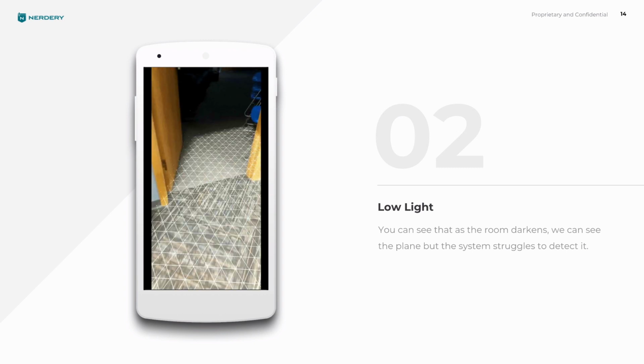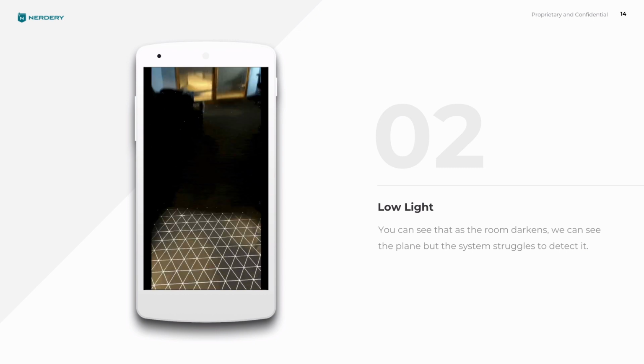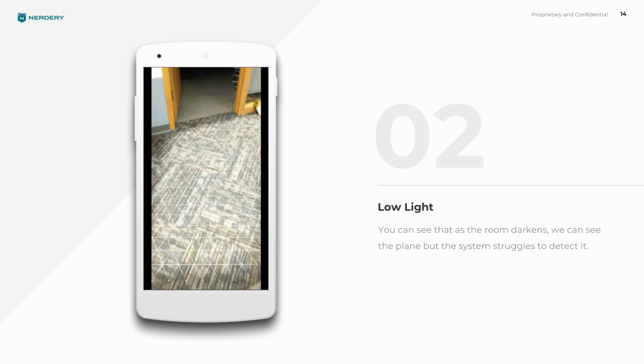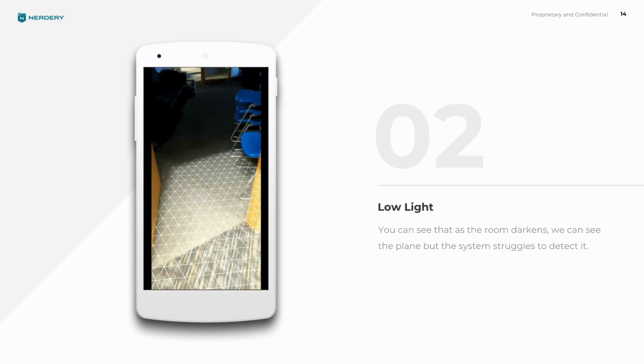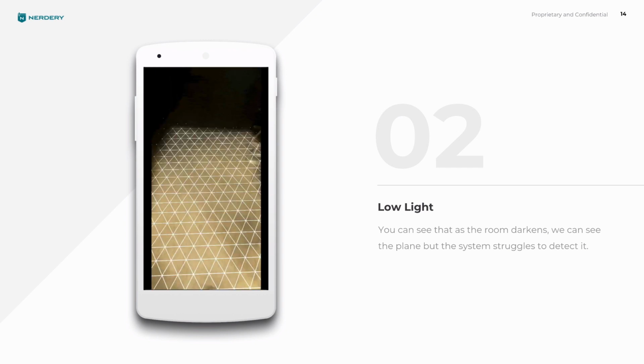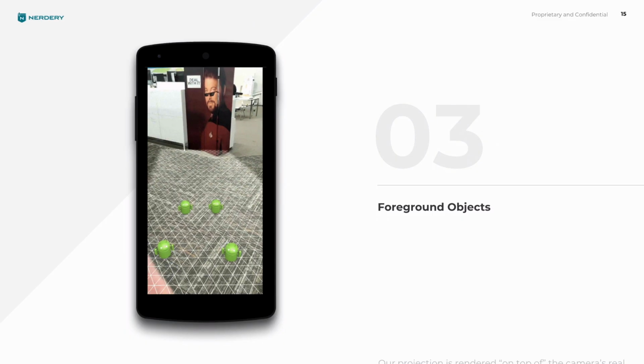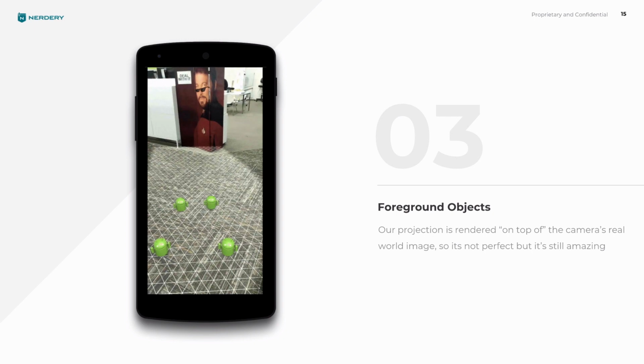I don't look at this as much as a dig on ARCore and its capabilities. I look at it more as a testament to how amazing the human eye and visual cortex are. Any of you folks that have messed around with photography and f-stops and whatnot can understand how that is a challenging problem to solve. The third challenge I want to point out is